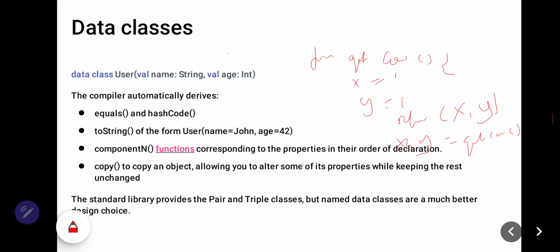Okay, I will write in here: fun getCoordinates(): Point, return Point(2, 3). Okay, because this data is static. Okay, val (x, y) = getCoordinates().